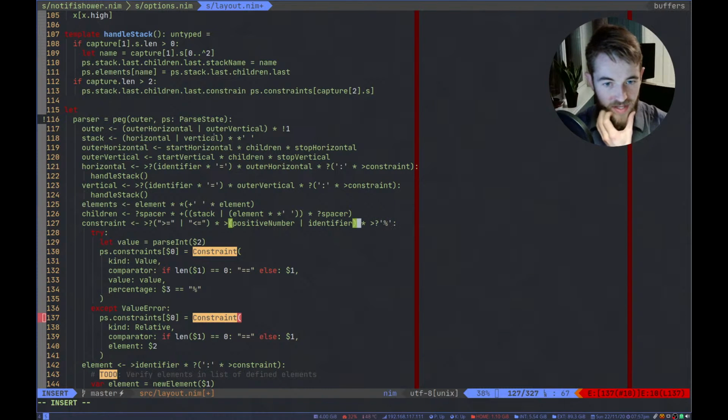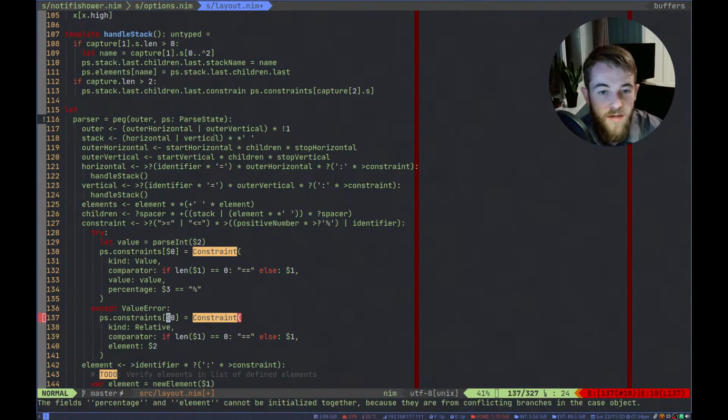And that means this should not be able to be followed by a percentage. That should only happen in here. So positive number followed by an optional percentage or an identifier. And this is the only time I grab this 3, so this should be safe still.